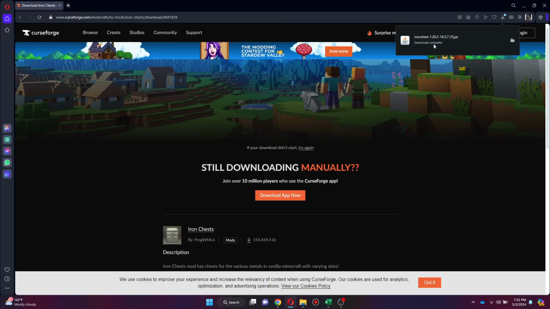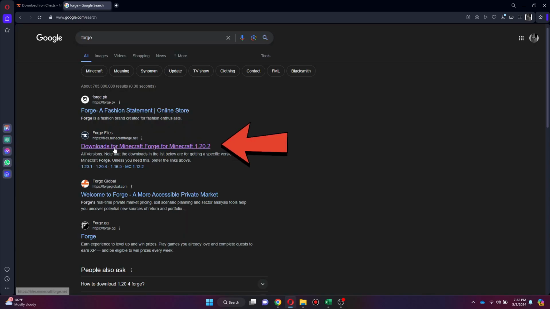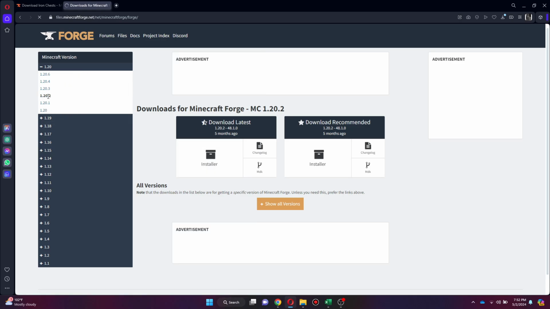Once the mod file is downloaded, open up a new tab and search for Forge. Give it a go and then access the official Forge website. Now you can just select the Forge version from the left side pane, but make sure it is the same